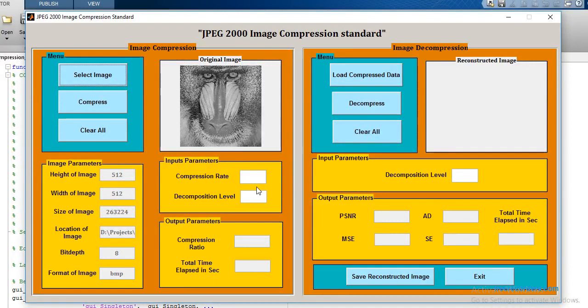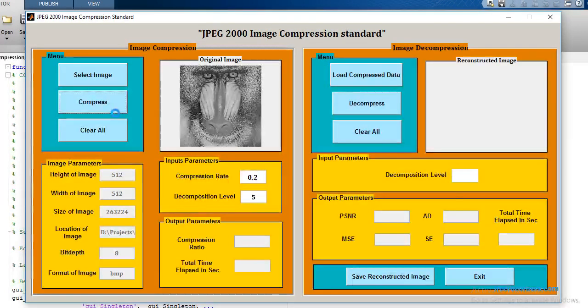Now you have to enter different input parameters. The first parameter is the compression rate. I'm entering here 0.2. The decomposition level I'm going to enter here is equal to 5. Now just click on compress.